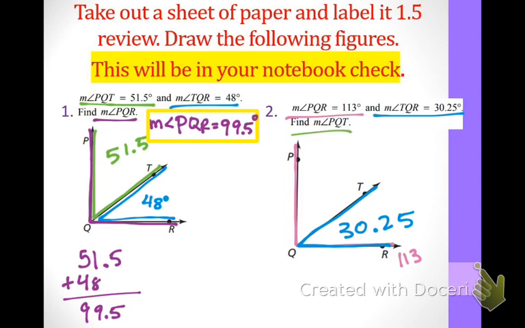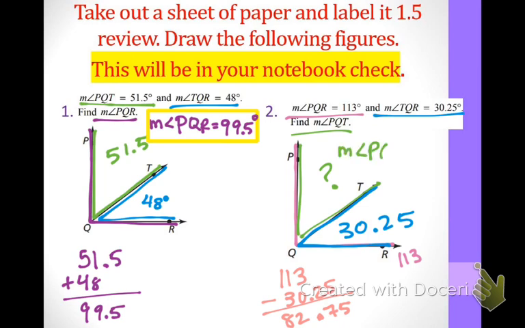All right, so it asks find PQT, which is the top. So what are we going to do in order to find that? We're going to subtract. So 113 minus 30.25. What do we get? 82.75. So the measure of angle PQT,